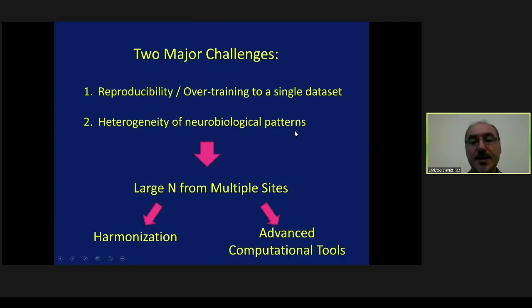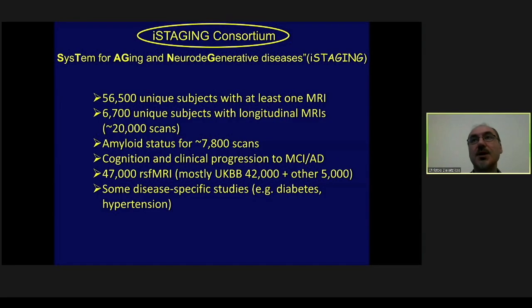The second issue is heterogeneity. Oftentimes we're trying to find an imaging signature of disease, but the disease is heterogeneous. It has multiple signatures, it has multiple subtypes. And we've started to see that both in MCI and AD, in schizophrenia, in depression. And so it doesn't make sense to be talking about a single disease signature, but we need to come up with tools that find multiple imaging signatures within a population.